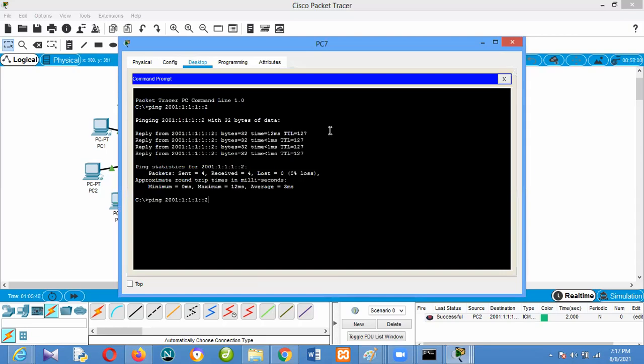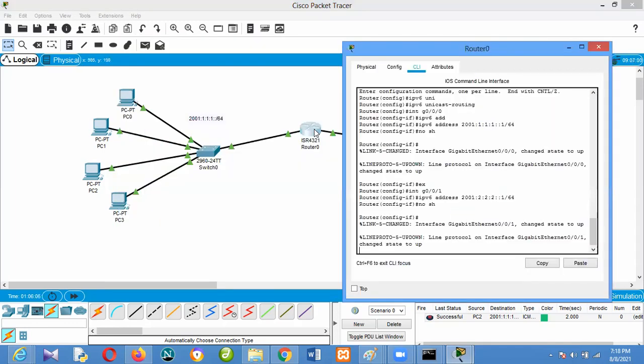And for IPv6, it is supposed to be ping 6. I don't know why, but it doesn't recognize it. Even in real life, it's still just ping, but our material says it's ping 6. Just as when we created the IP address, instead of using IP, we say IPv6.